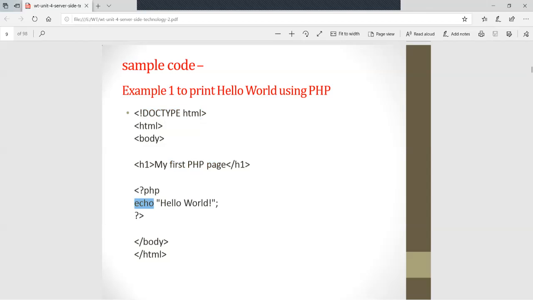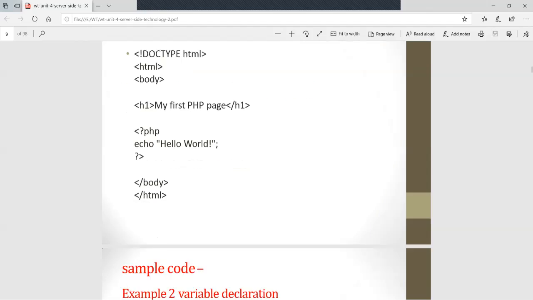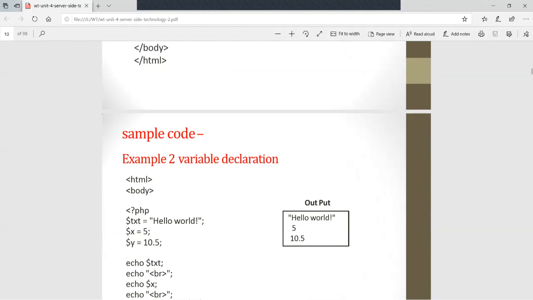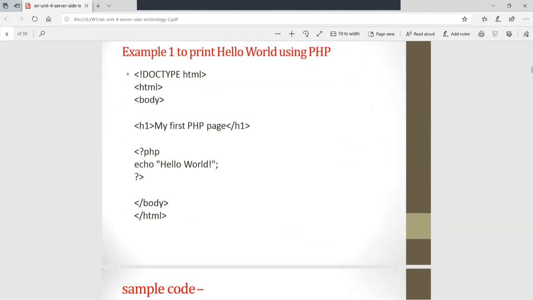Echo does the job of the printf statement. It is equivalent to the printf or cout statement. On your output screen hello world will be printed because of the echo built-in function. Then close the inner tag first, then close HTML. Whenever you run the program, you get the output hello world because of echo.